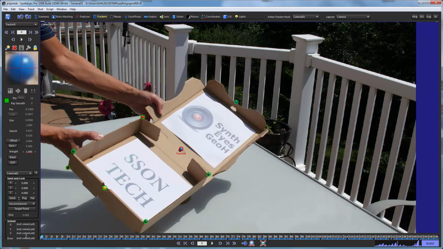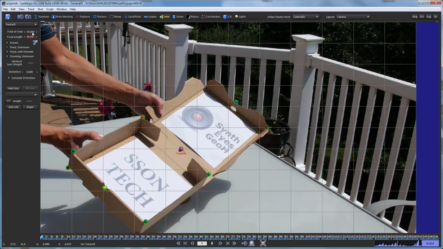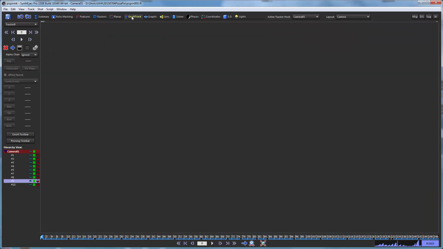So we need to do two things, have two sets of data to do this. One is, now that we've got the 2D information for the trackers, we also need to generate the 3D information of where these trackers are on the object that we want to track. And this is basically the same process as using a reference mesh for a regular moving object track. And the other piece of information we need to set up is the lens field of view. With geometric hierarchy tracking, we do need to have that lens field of view coming in initially. So we'll set that up